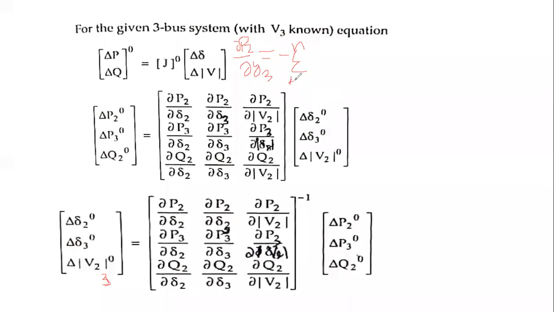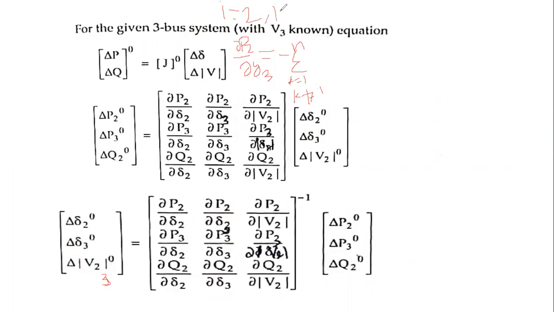K equal to 1 to n, K is not equal to I. Okay, how many buses are there? We are having the 3 buses. Therefore, I is equal to 2,